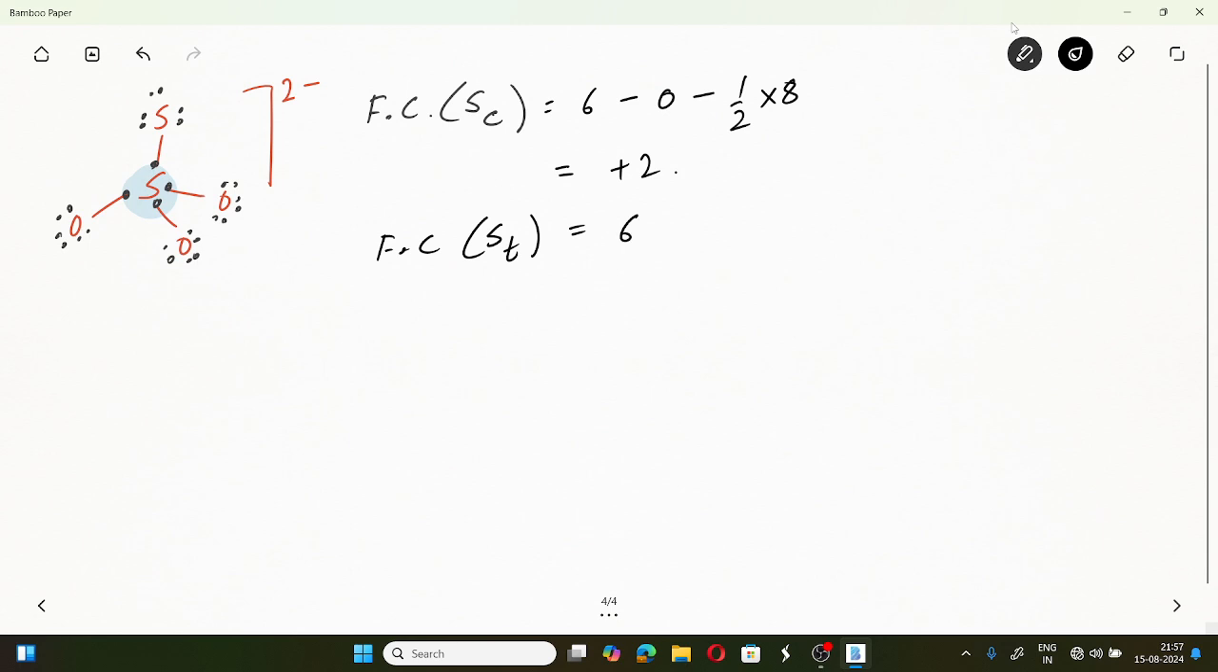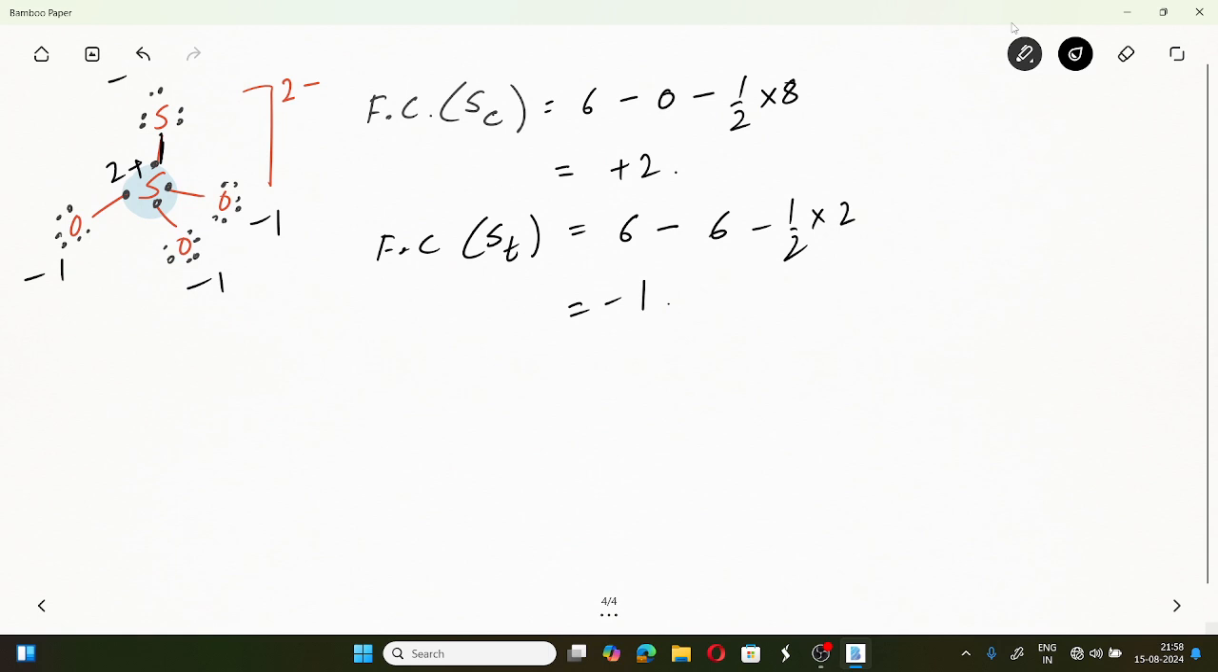The formal charge over the central sulfur will be +2, and the formal charge over the terminal sulfur: see, there are 6 valence electrons. Number of lone pairs of electrons, how many? 6. How many bonds are formed? Only one bond. One bond means 2 electrons. So this will be -1. That means each of these will have a formal charge of -1, and this will have a formal charge of +2. So if you write down the sigma skeleton like this,